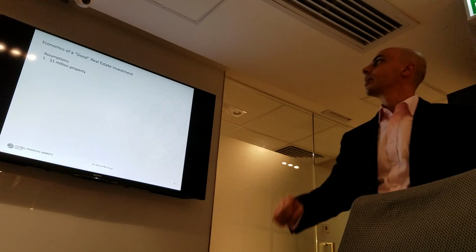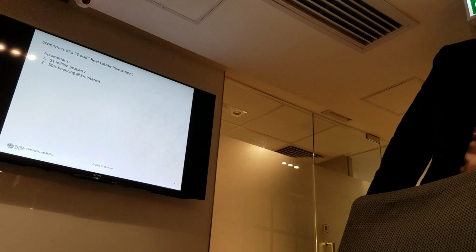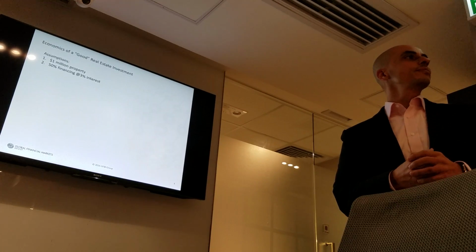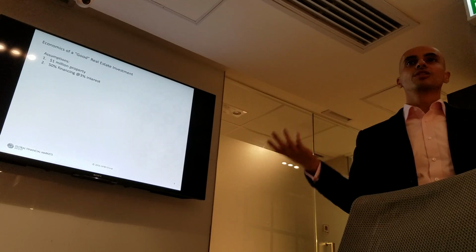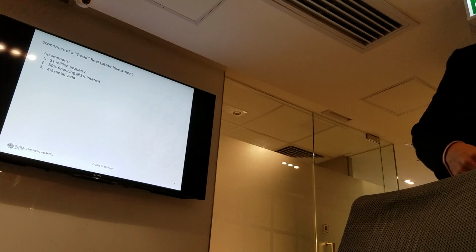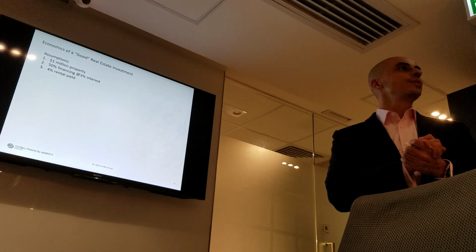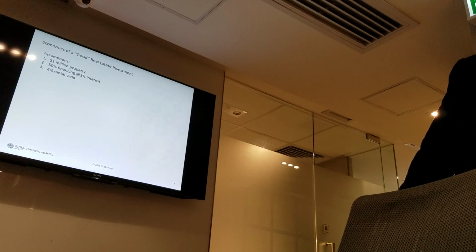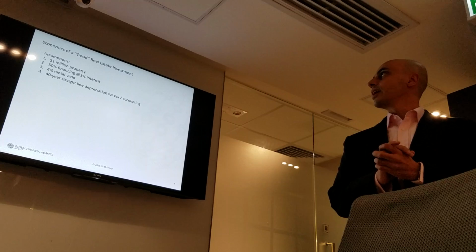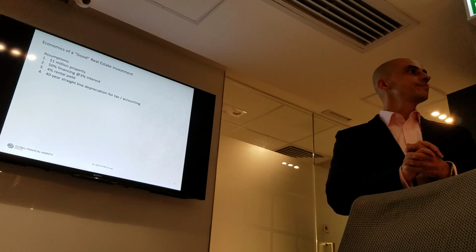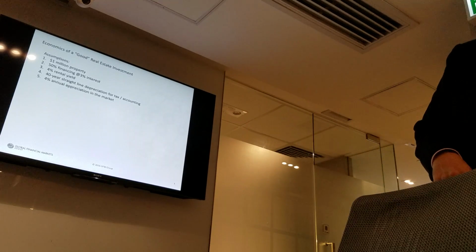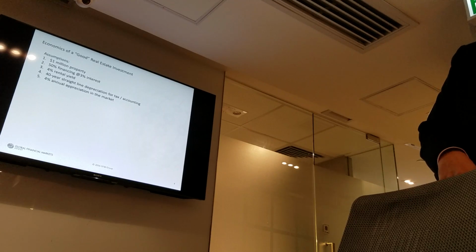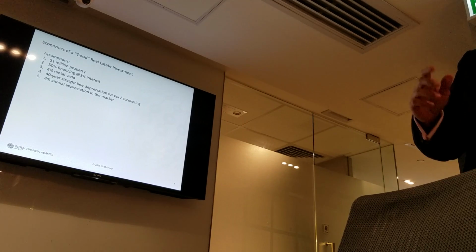make an assumption here that I'm going to buy a $1 million physical property. I'm going to finance 50% of it at 3% interest, which is pretty much in line with what I'd expect if I go to a Hong Kong bank regulated by HKMA, first lien mortgage. I'm going to assume that I earn a 4% rental yield on this $1 million property. I'm going to assume for tax and accounting purposes, I use 40-year straight line depreciation on this property. And I'm going to assume a 4% annual appreciation in the market.